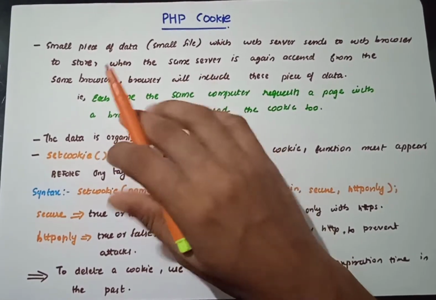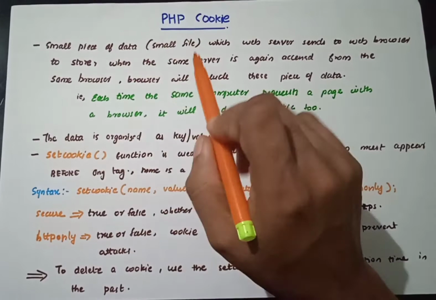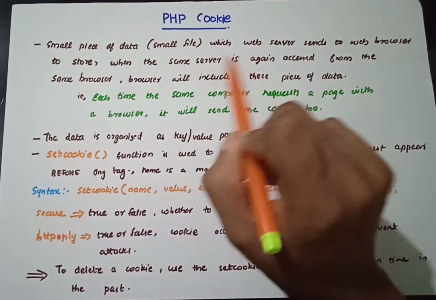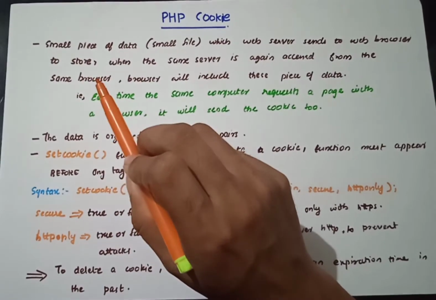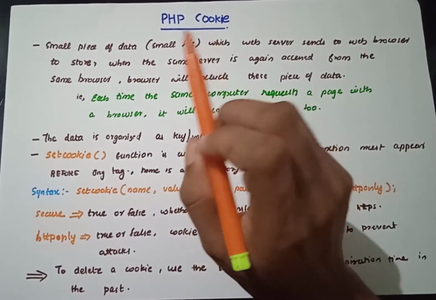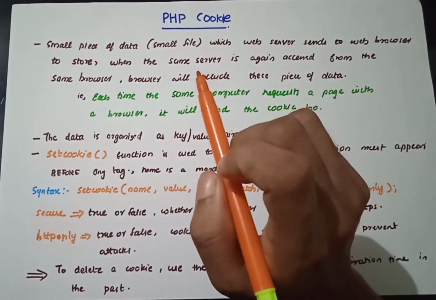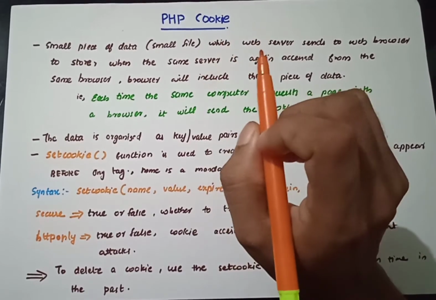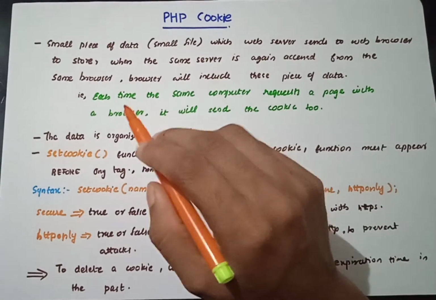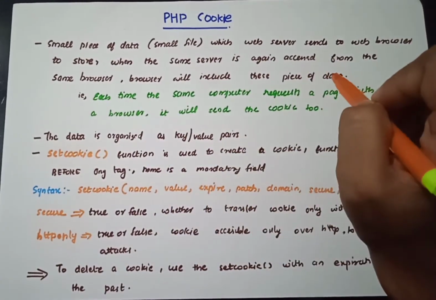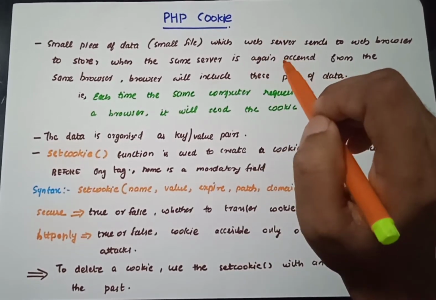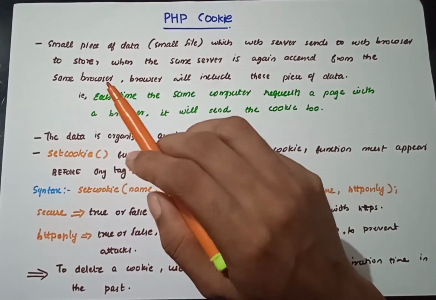So cookie is actually a concept that takes place when the same server is being used multiple times from the same computer or from the same browser. This lets the server attach a piece of data along with the useful data to the browser. The browser will include this piece of data when access takes place multiple times over the same server from the same browser.